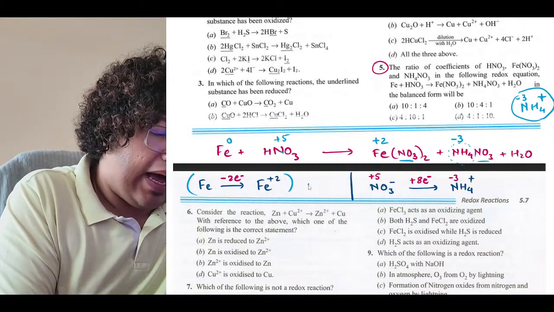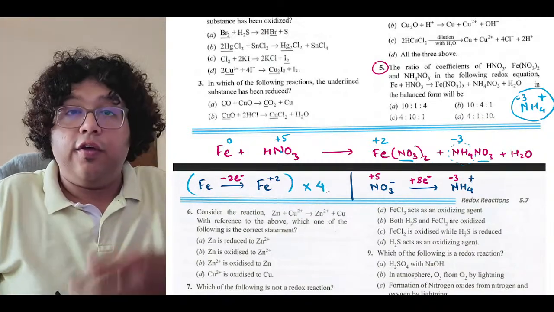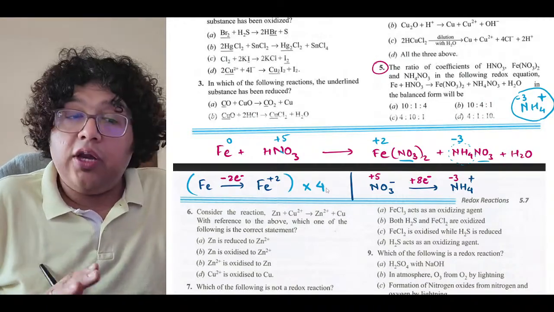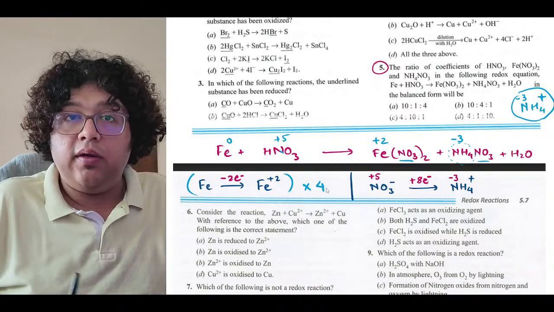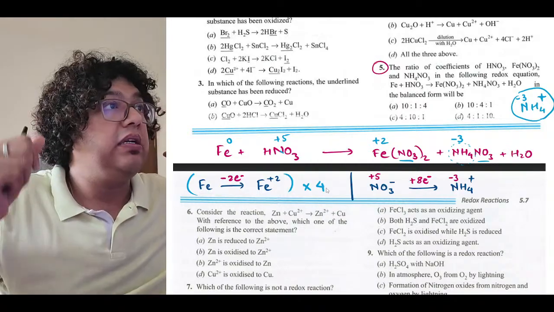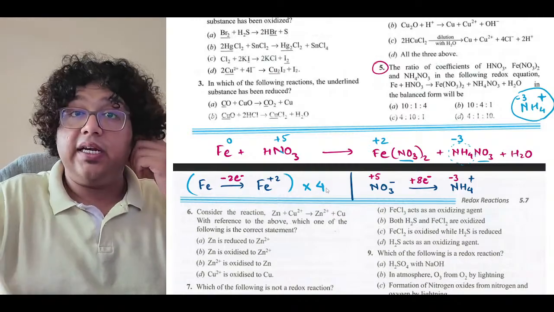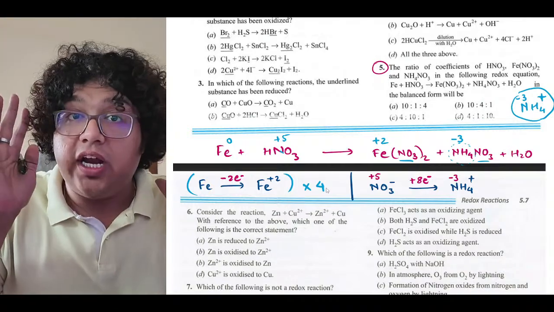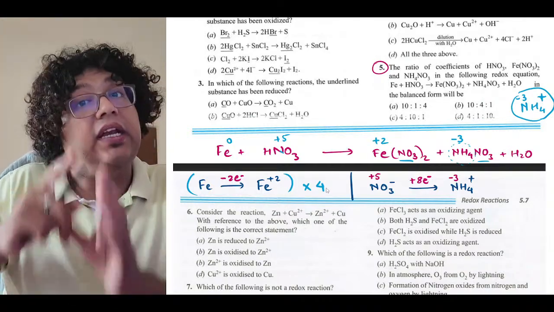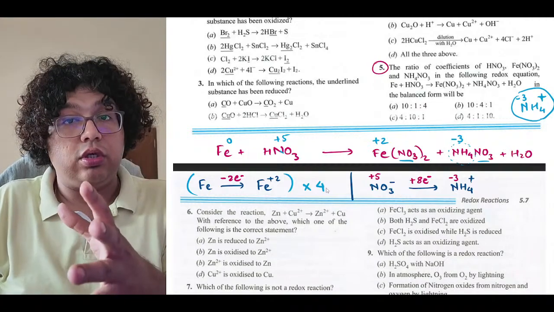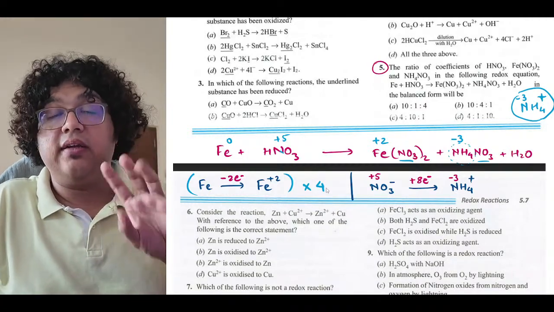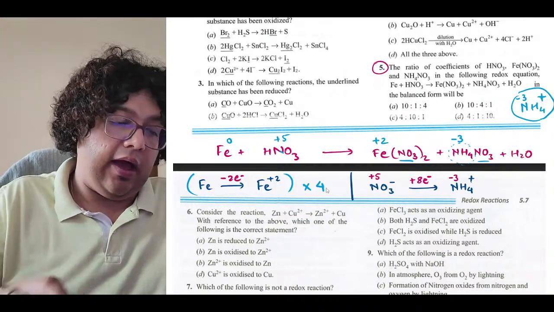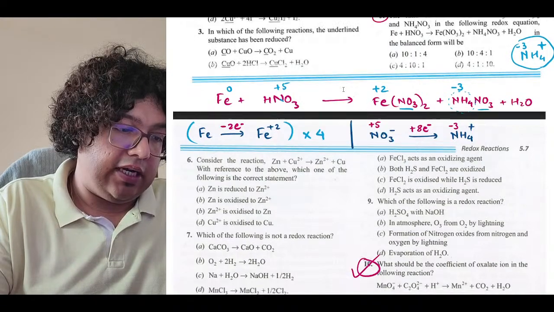So if I want to balance this reaction, should I not multiply the iron part by 4? Are you all on the same page with me? Yes, sir, perfect. So iron losing 8 electrons, nitrate gaining 8 electrons. Beautiful. Now, what is the ratio that I am getting? For every nitrate ion getting reduced, I will require 4 iron atoms getting oxidized. So keeping this ratio in mind, I will write down the redox reaction. Let me take it below.